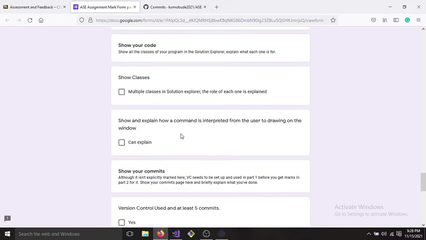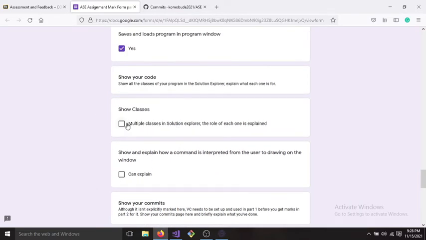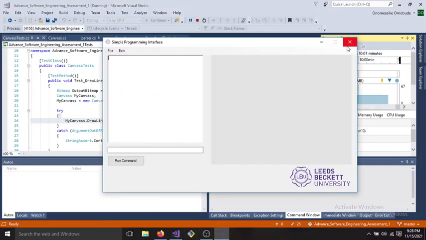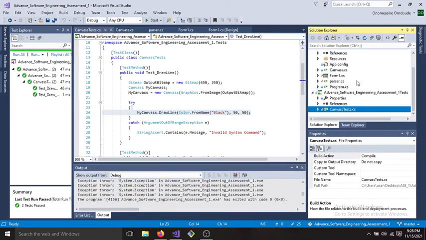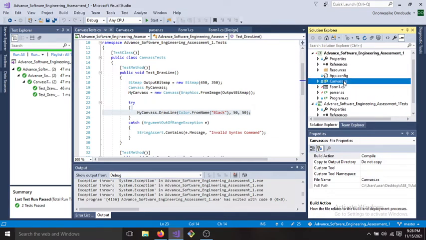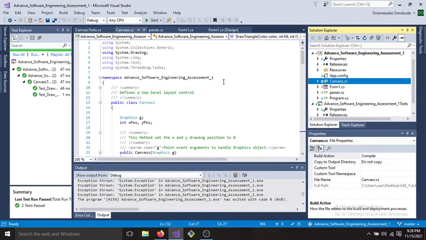Okay. So show multiple classes. Let me go back to Visual Studio. Exit the program. For my classes, I have two classes. I have the Canvas class, which holds all my